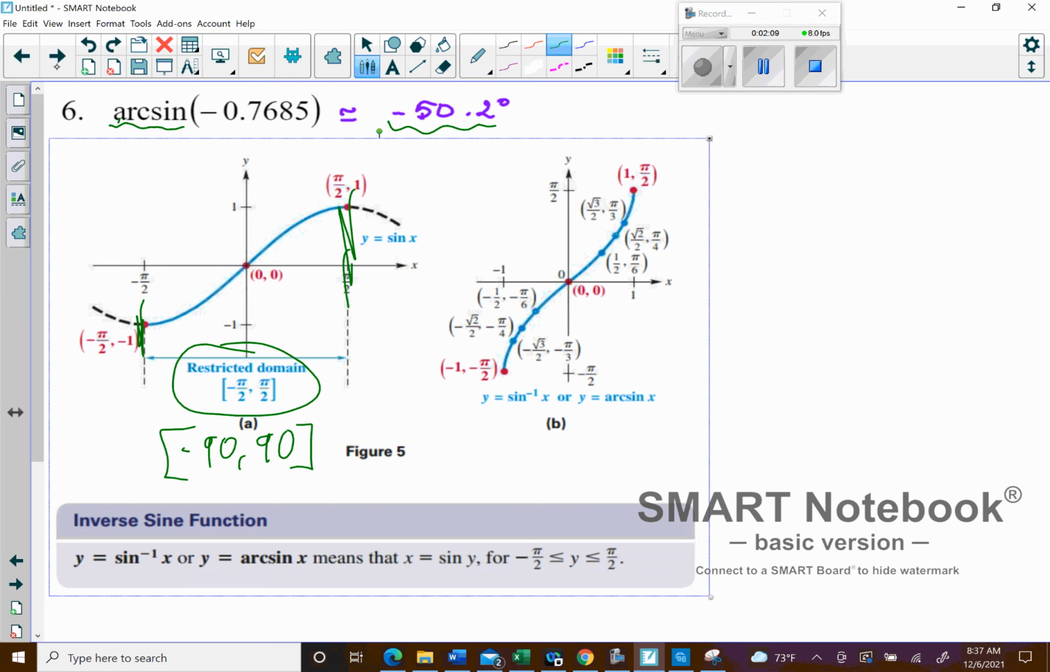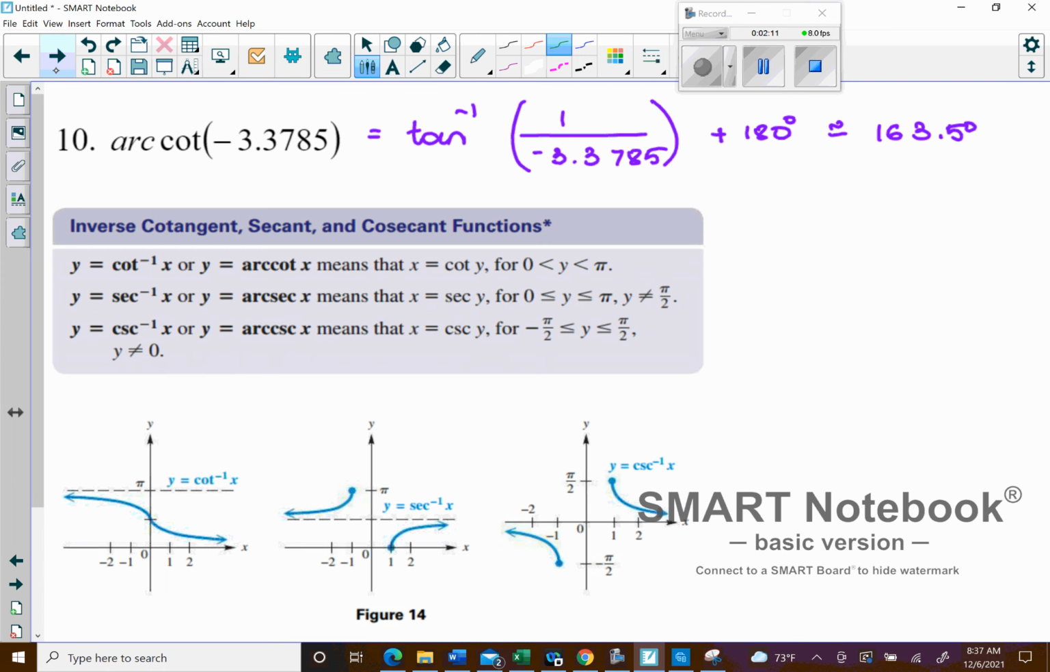Okay, let's look at number 10. I think that was the one you were more concerned about. So on this one, I have a picture of the graph down here. And this is a picture of the inverse of cotangent. You can see that the limitations for your angle are going to be between, it looks like, 0 and pi, or basically it's going to be between